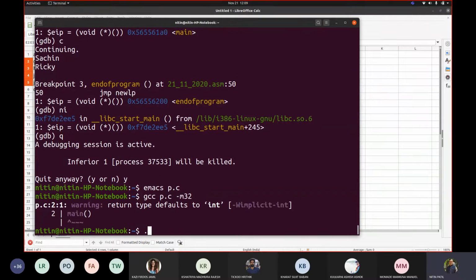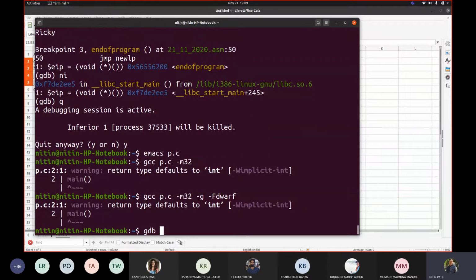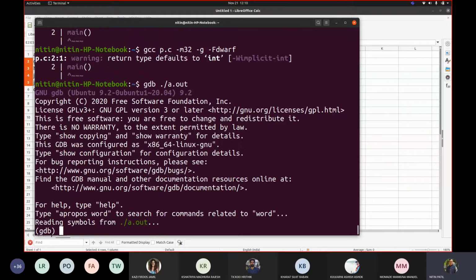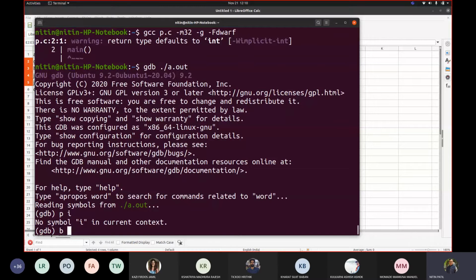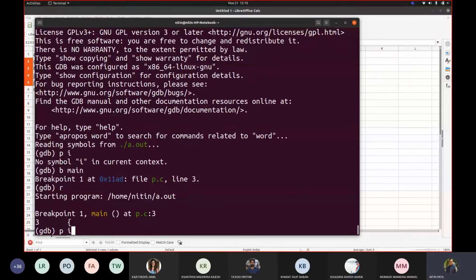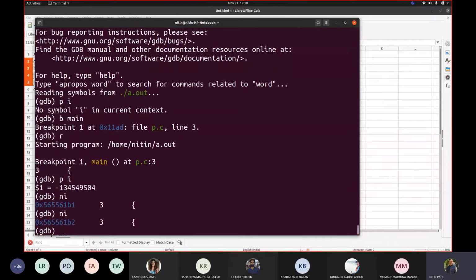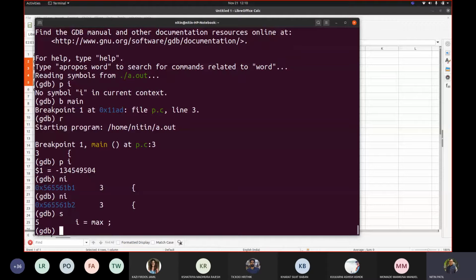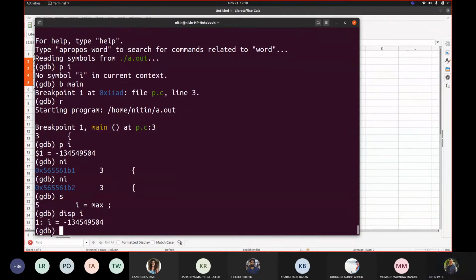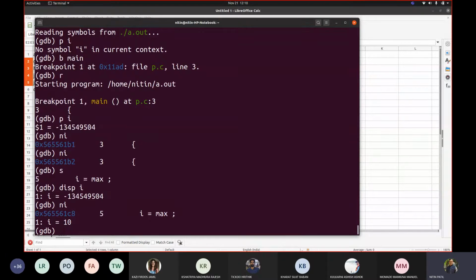Now let us run gdb ./a.out. If I print i, okay, breakpoint main, run. Now it is pointing to my line 9. Next line, step, i equal to max. So let us write display i. Now I got 10 here.